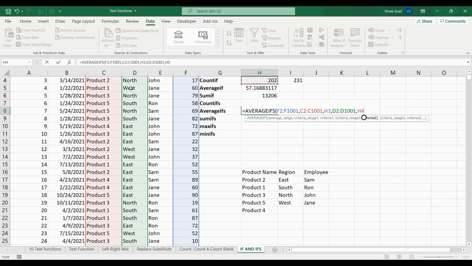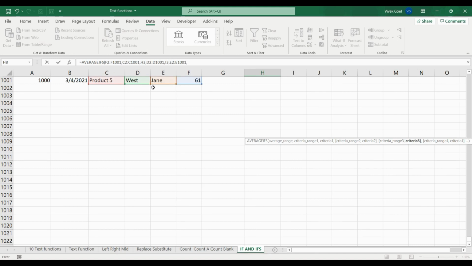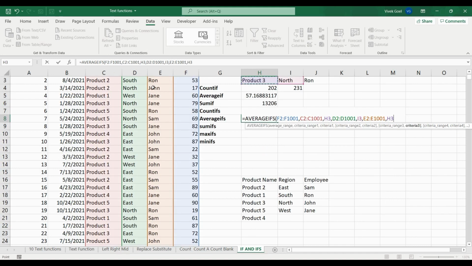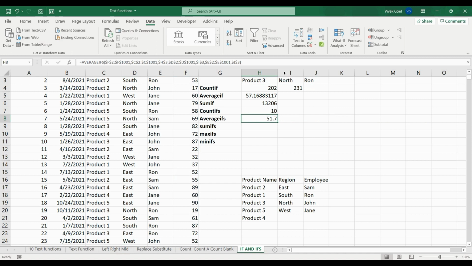Then we have product 3 as the criteria, region as the second range, north as the criteria, employee as the third range, and Ron as the criteria. We just made everything absolute so that we can copy paste this while calculating for sum, max and min. We got the value 51.7, which is what we saw earlier when we did the filters manually.